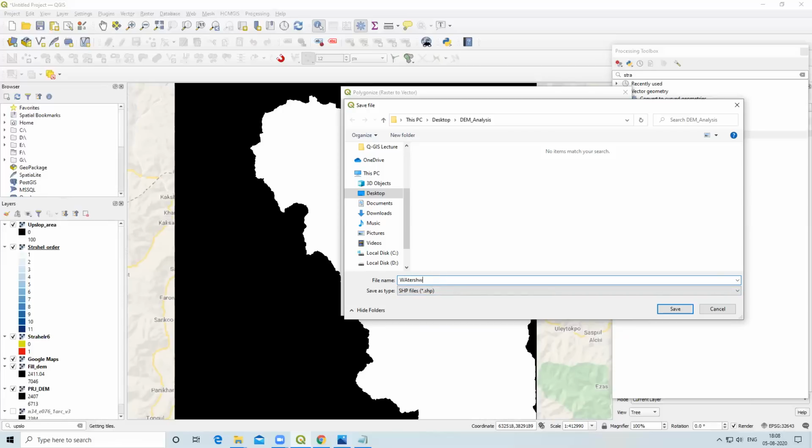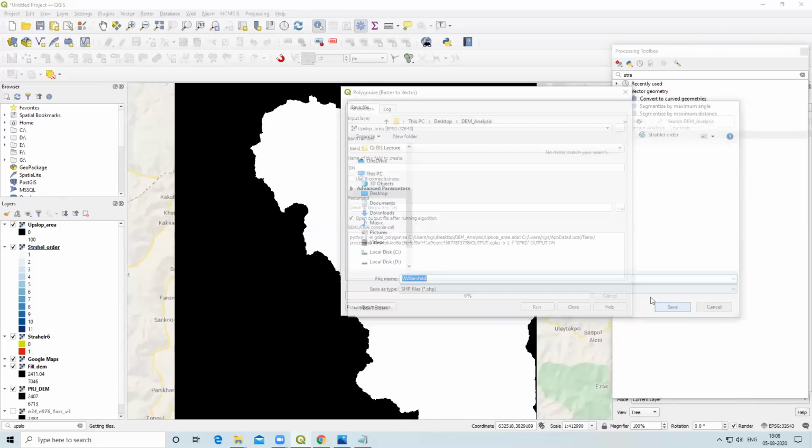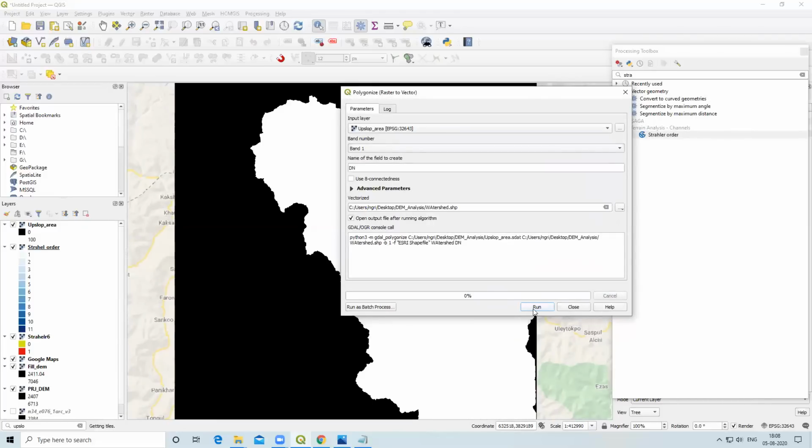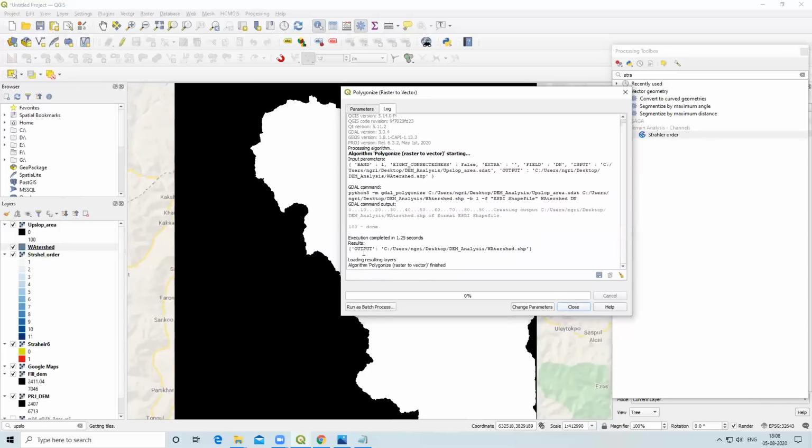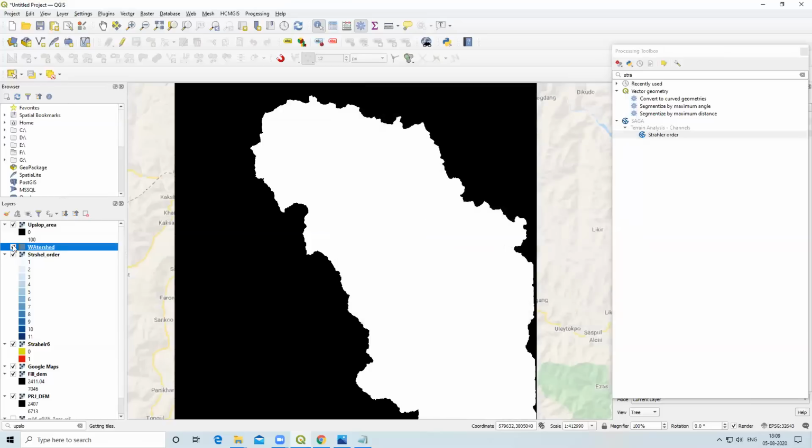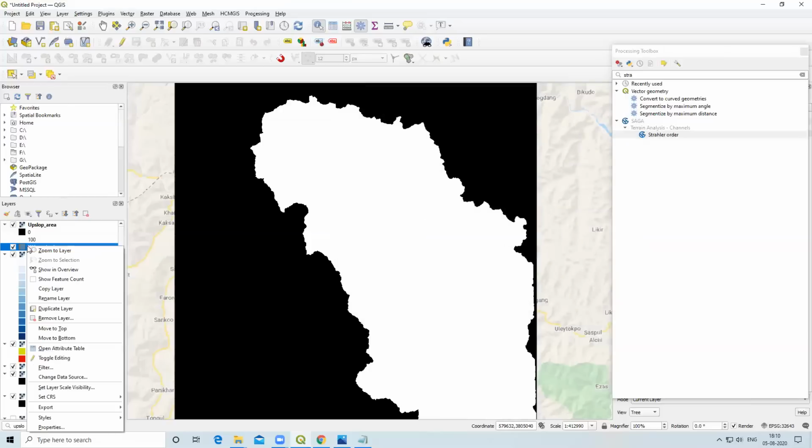I will give the name watershed and save. After that I will click on run. So this raster is now being converted into vector format. Now our watershed is created. I will close this. For better visualization I will right click.